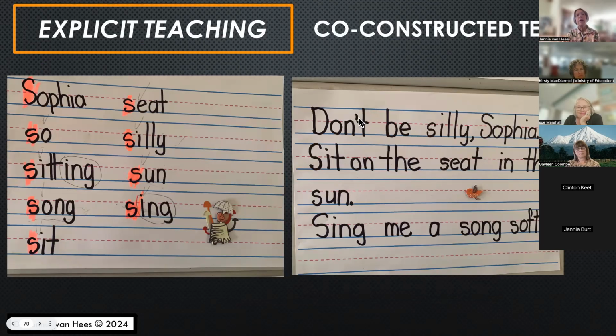It is not. It's very empowering because they are participants using the language that they've got at the cutting edge, but we're the massagers, we're the scaffolders. That doesn't mean that we don't focus, as we go along, on very small pieces of word patterning, as you can see there, where those words on the left are what she identified as her words that she knew with S and the sound S, and then we co-constructed that little text.